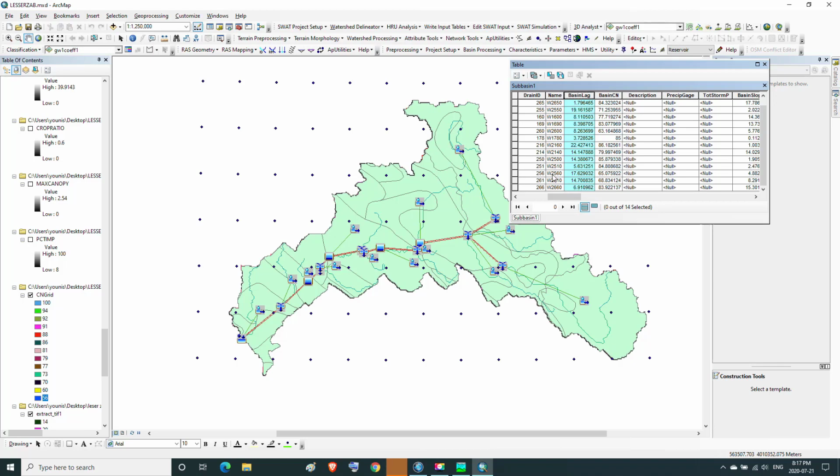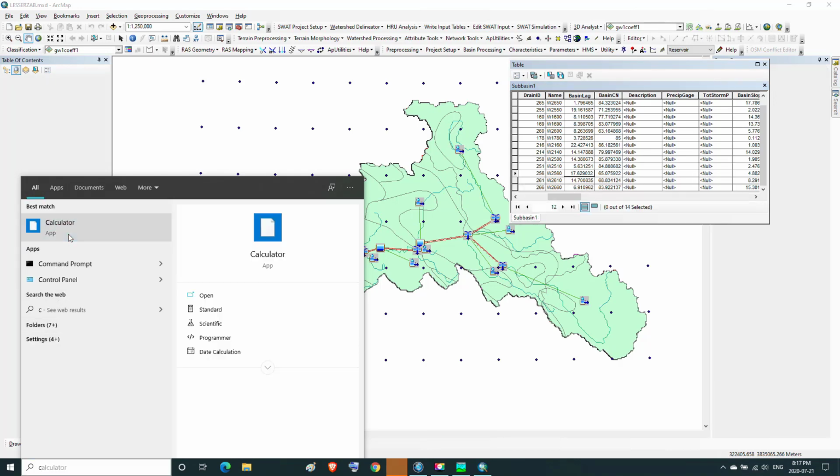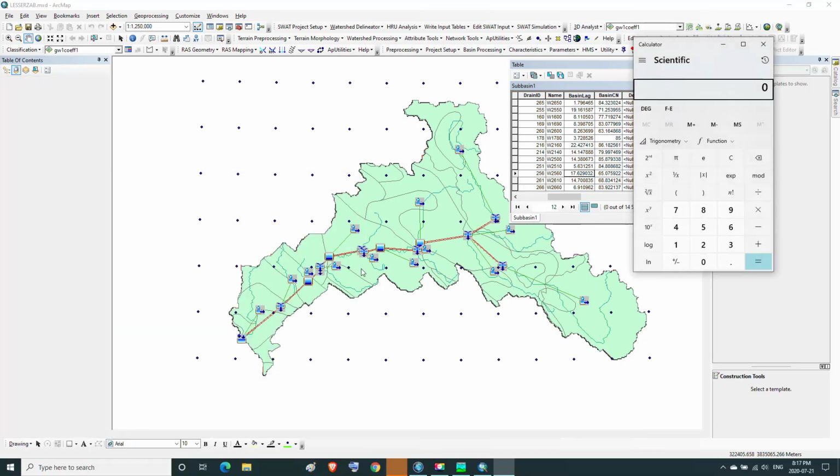Then the name of the first subbasin is W2560. So the basin lag is 17.6 hours. So we transform it to minutes by using the calculator as we see.